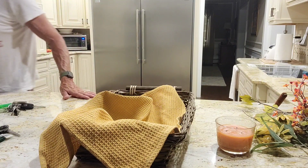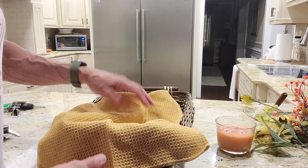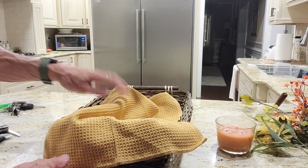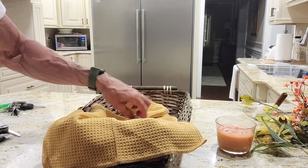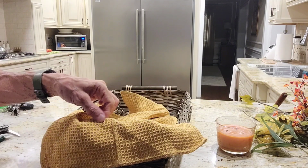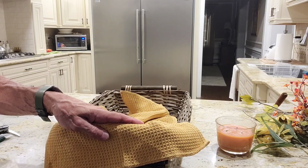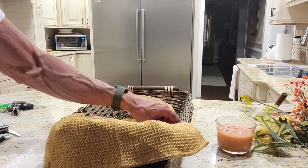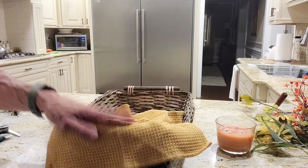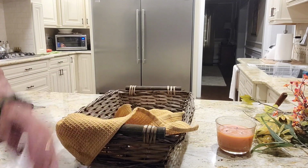So anyway, I don't know if I'm going to like this. I'm trying this out. I'm putting this dish towel here. I got this in the Dollar Zone a long time ago, and if you go all the way back to my first video in 2015 for fall, I used these in varying colors as my napkins for my first ever tablescape. I look at that video once in a while. It was the first one. I didn't know what I was doing, but we all have to start someplace, right? Okay, so let me get what else I'm going to...